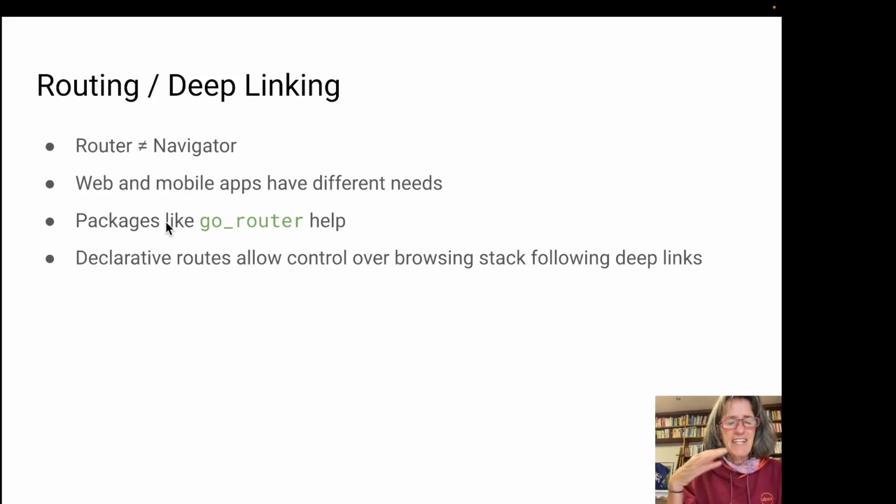Luckily, since then, help came about. Several third-party developers have provided packages on top of Router and Navigator that provide the same functionality, but are just so much easier to use. The one that seems to bubble to the top at the moment is Go Router. I've used it a few times and really like it. It allows you to declare your routes in a declarative style that still works well with deep links regardless of the platform.